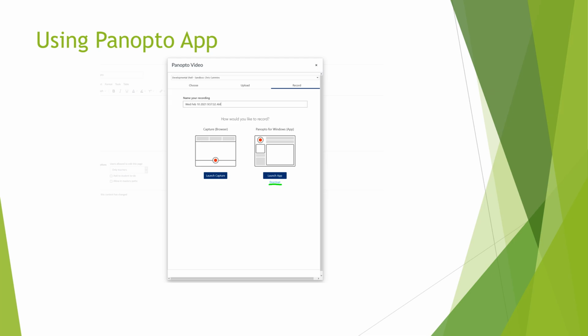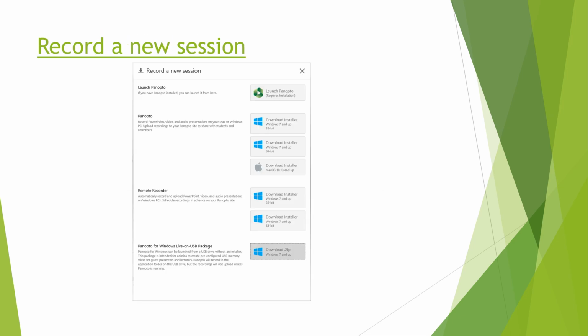So in this particular case, instead of using the Capture app, we're going to use the application that gets installed on your computer. I've clicked on the download button that was highlighted in the previous slide, and say I want to install this on a home computer, and